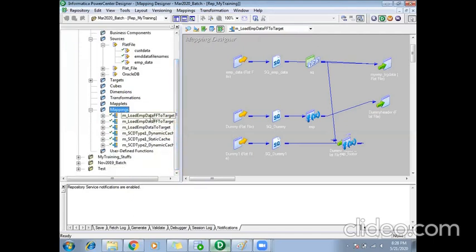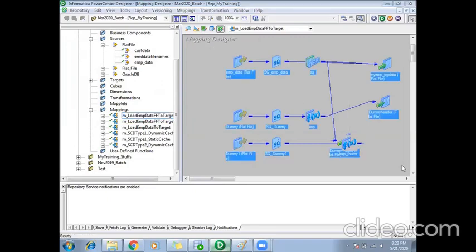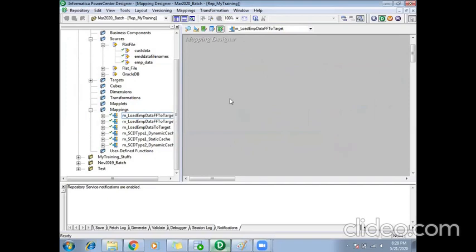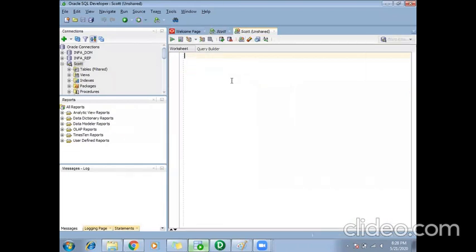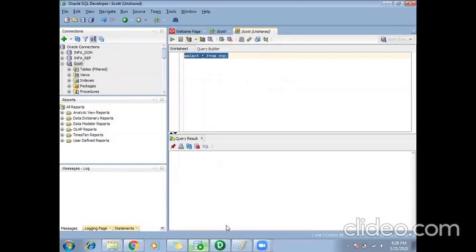Okay, I'll take this mapping. I'll take my source, that is my EMP table, which has the employee details.